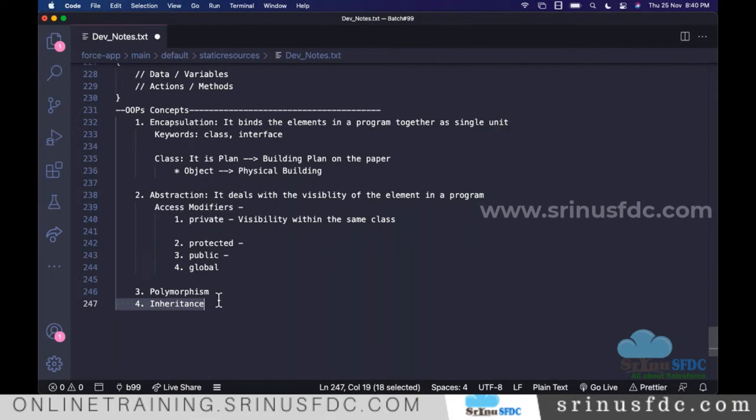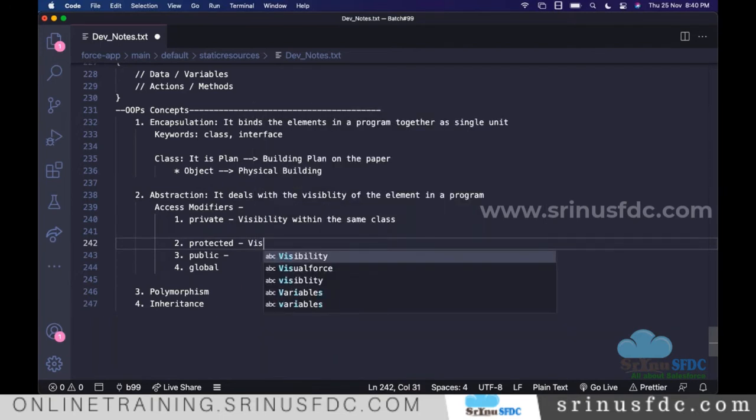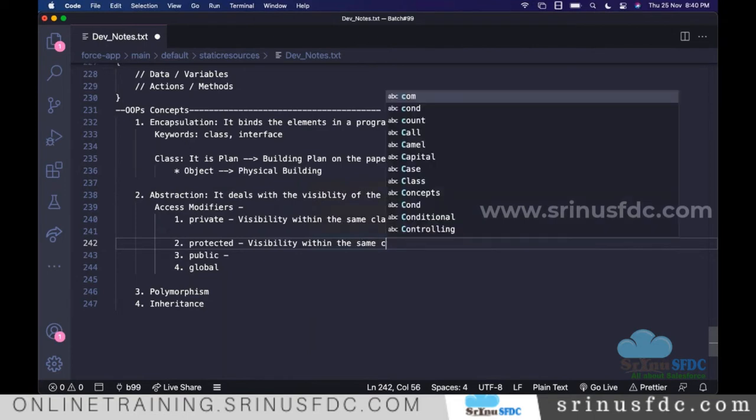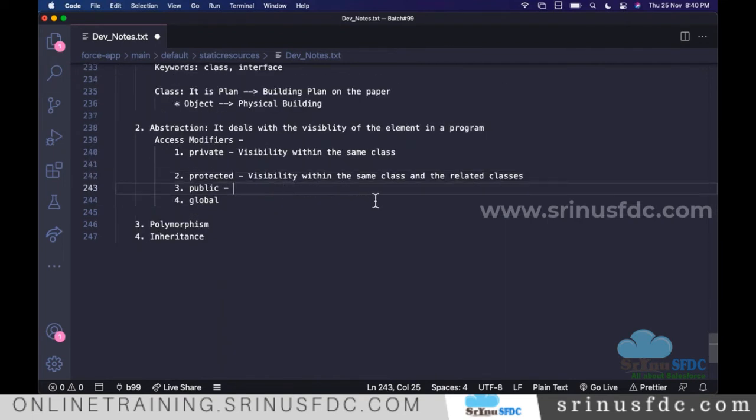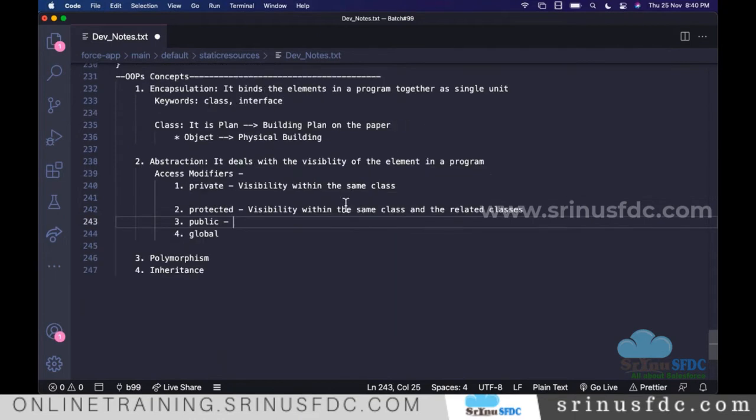So if you want visibility within the same class and the related classes, we go with protected. When you say public, the technical terminology is from any class to any class.